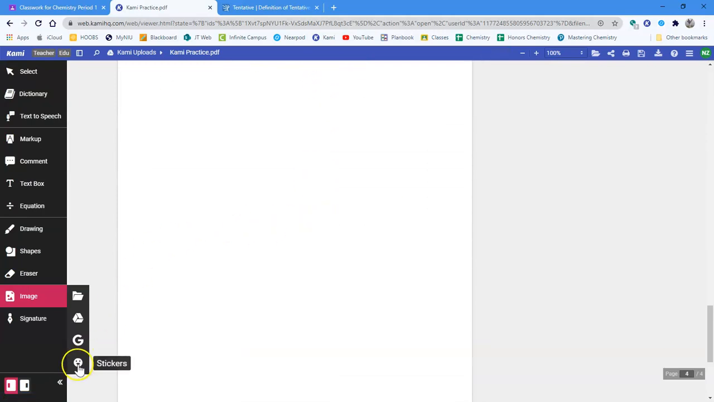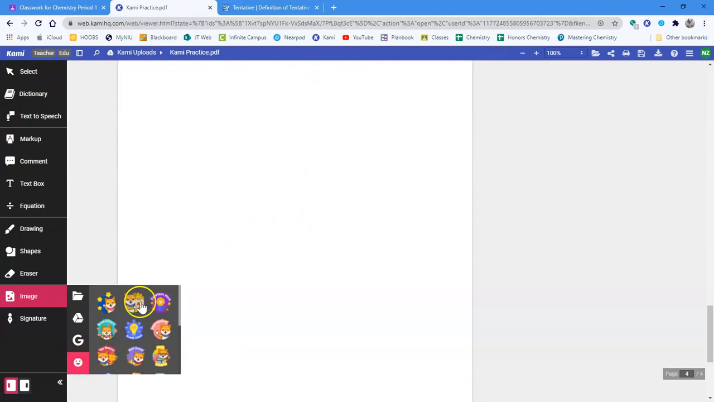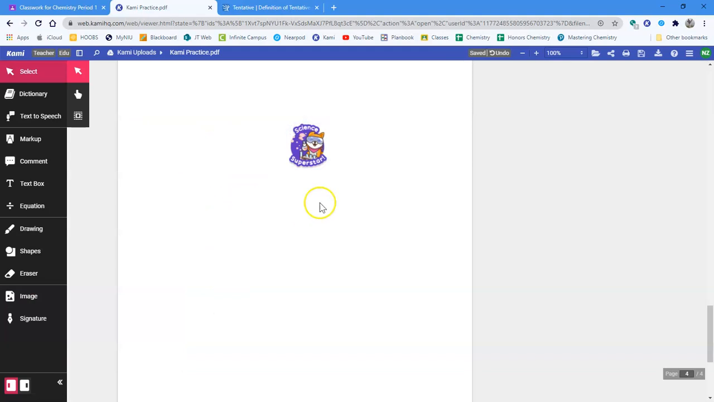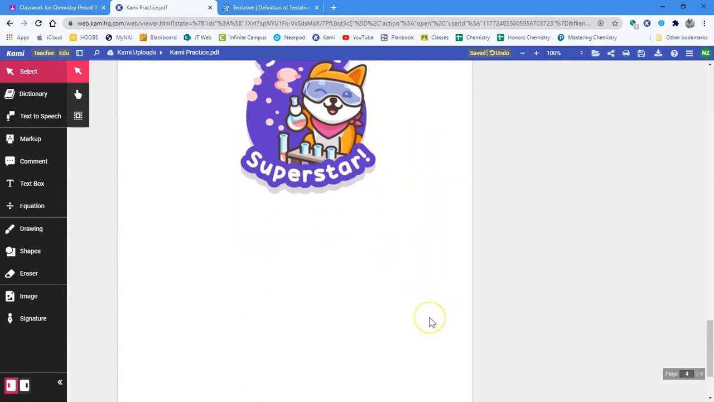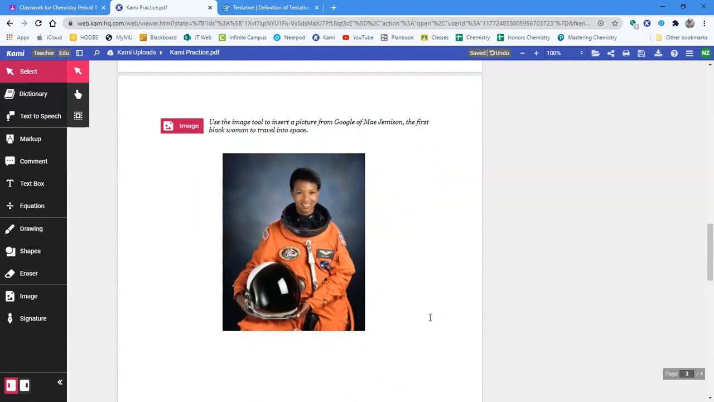And then I'm going to go to the stickers button here, and I want to find the Superstar Science right here. Pow. I can make this giant if I wanted to. Yeah. All right. So back on Google Classroom, you would just turn this assignment in,